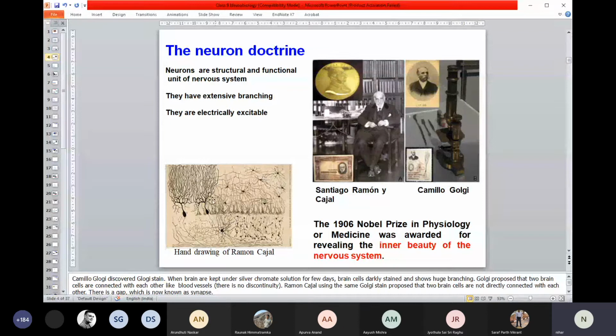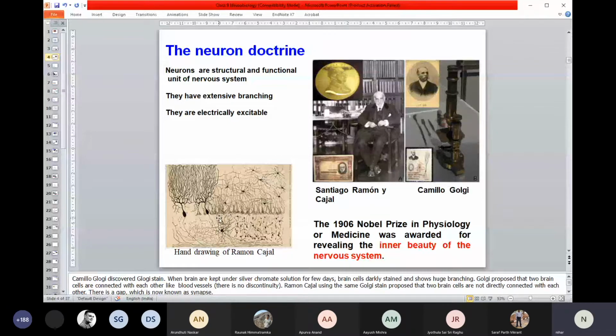You can see the pictures that are shown here. You can see it's actually quite long. I mean, 150 years ago he probably noticed this. Those days there was no hi-fi microscope. He actually made his own handmade microscope. You can see there are some postal stamps shown here. By making his own microscope, he observed those cells, and he found that the cells in our brain have extensive branching. That's one of the extraordinary findings that he made.